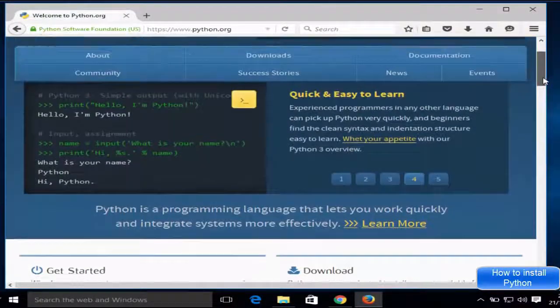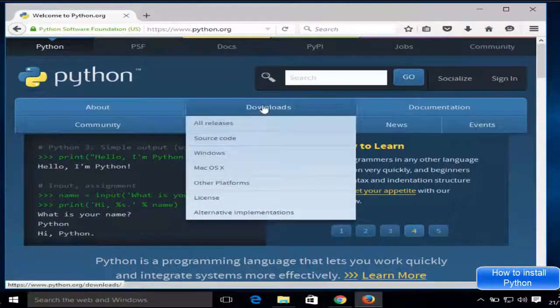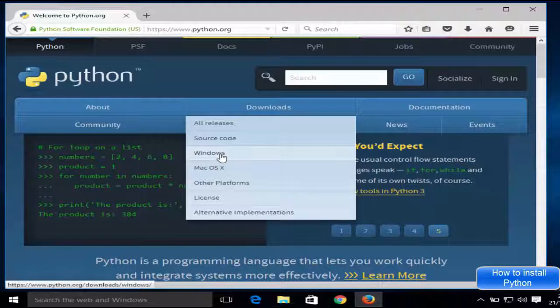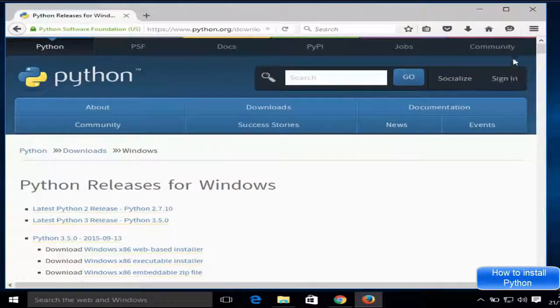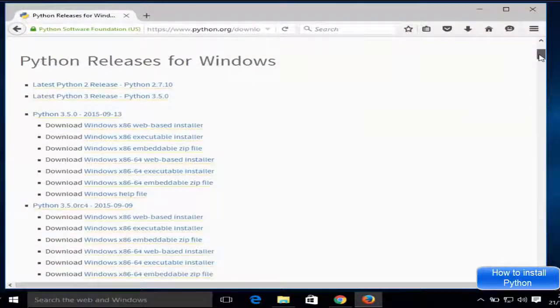Now inside the site, go to the downloads button. Here you can see the Windows button, click it. Inside the Windows button you can see these versions of Pythons. Install this 64-bit executable installer,